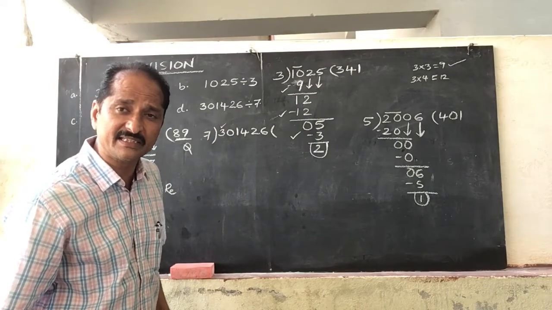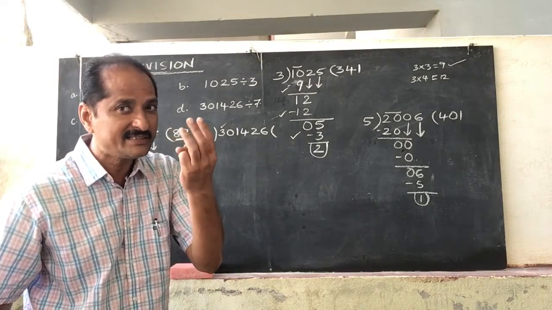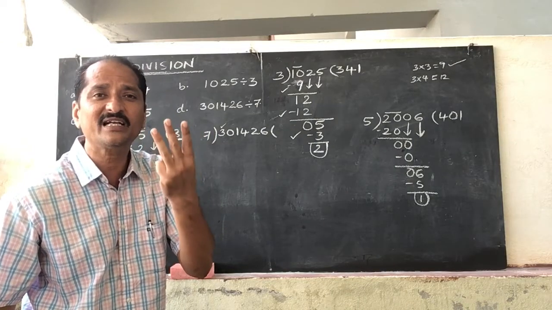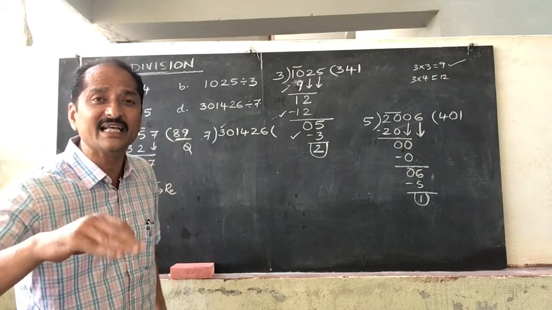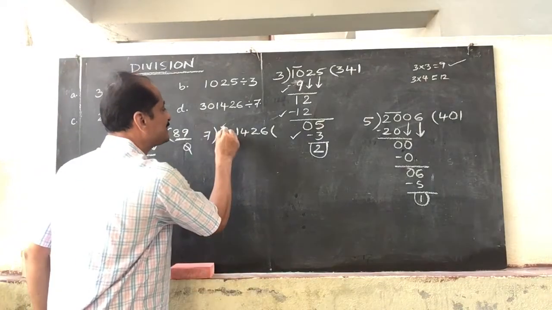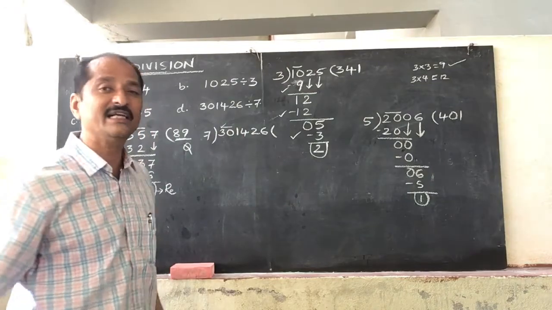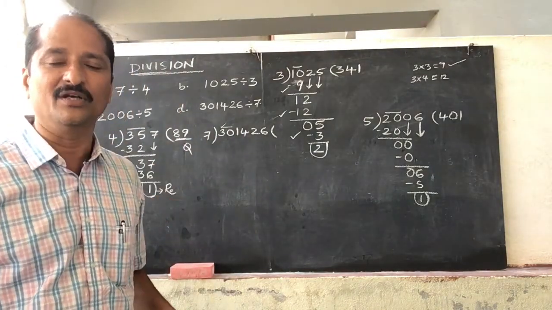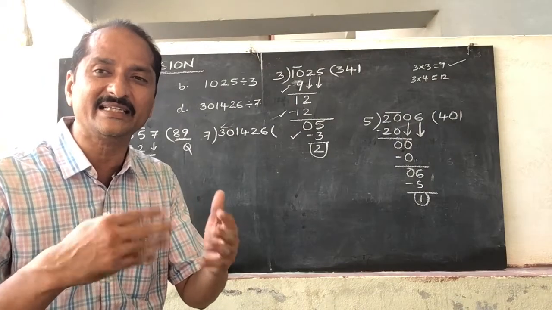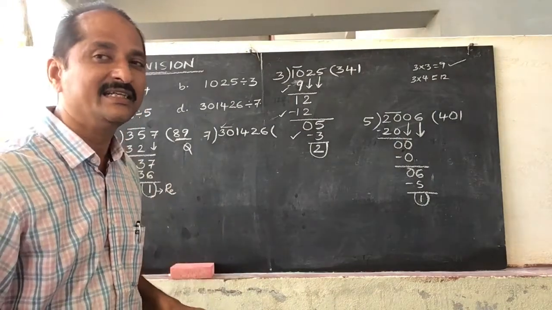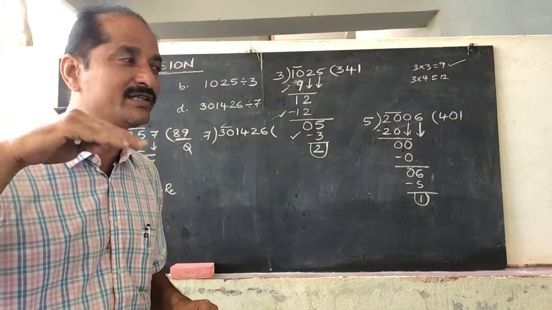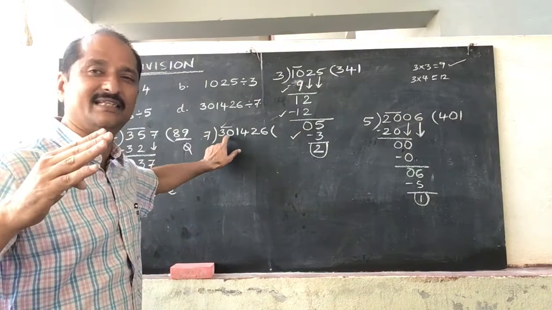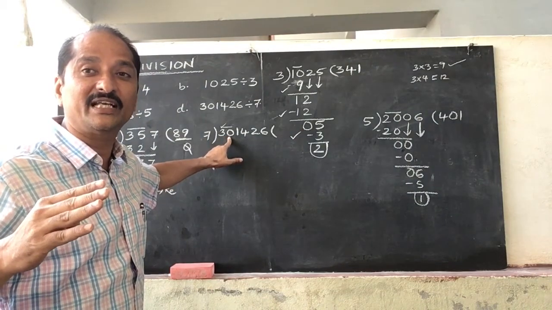Can we divide 3 with 7? Is there any 7s in 3? No. So we cannot divide 3 with 7. So take the next digit also. The next digit is 0. So then it becomes 30. How many 7s are there in 30, we should find out. So read the 7th table till getting 30 or less than 30. 7 5s are 35. It is more than 30, so it should be less than 30. 7 4s are 28. Very good.